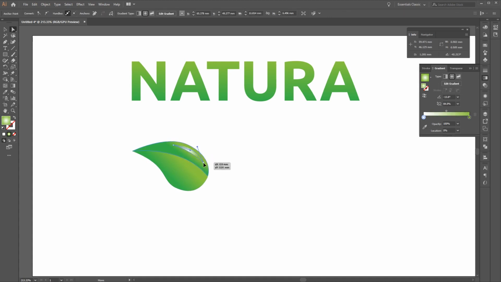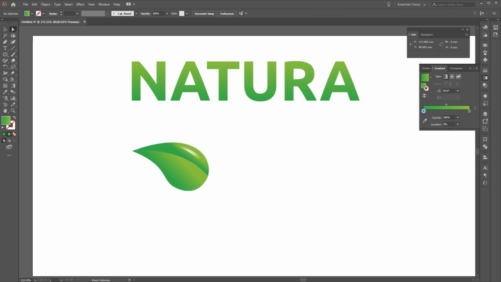Excellent. You can also adjust this using the direct selection tool here. I'm just going to adjust the curve of our leaf as well. Cool. So now we've got our highlight. The next thing we want to do is create the stem. So same thing again, just selecting the pen tool, and let's make sure that this is set to black and then outline. I'm just going to draw out a nice little stem